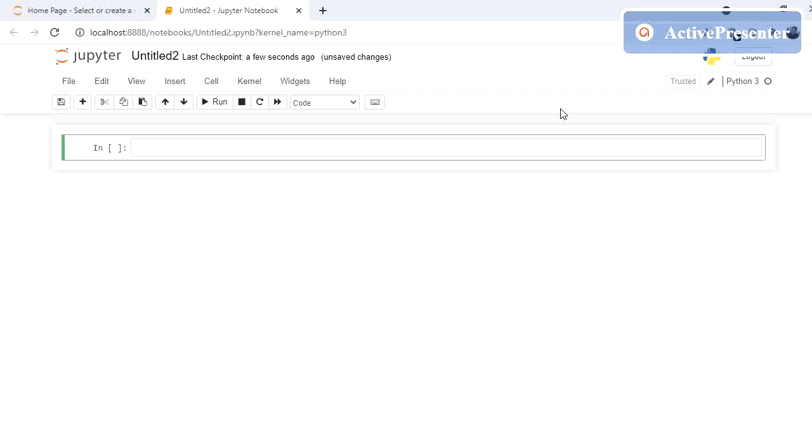So the first, basic code we will run is how to print a value. In all programming languages, the first thing taught is print hello world, so we'll be doing the same thing. I'll write print. The syntax is simple: print, then in brackets, within double quotes, you write whatever message you want to print, that is, hello world.